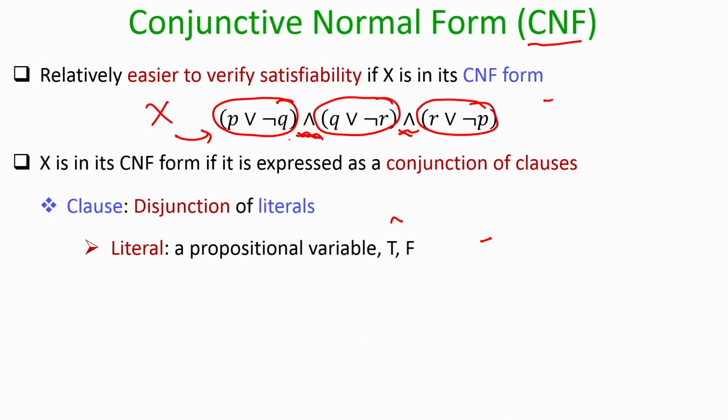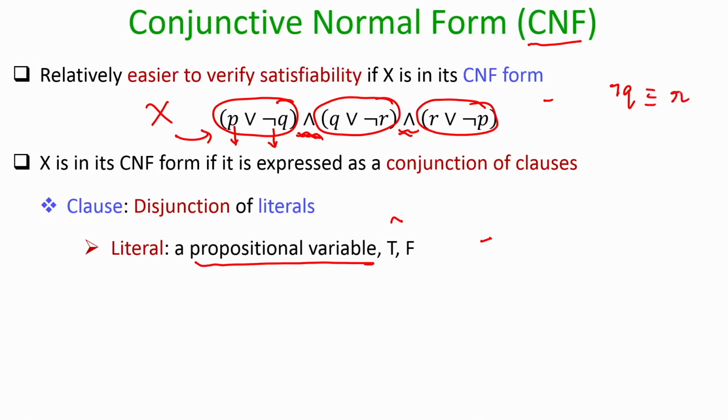What is the definition of a clause? It says it should be a disjunction of literals. So, let us check whether the first sub expression, namely the disjunction of P and negation Q, is a clause or not. P is a literal and negation Q is also a literal, remember. Do not think that a propositional variable just means the positive form of that variable. If Q is a propositional variable, negation of Q is another propositional variable. I can represent it by R.